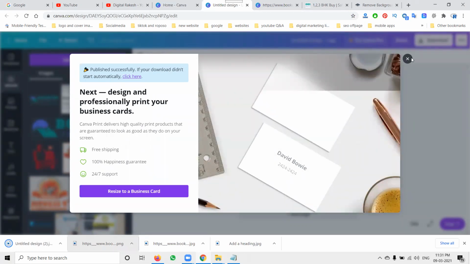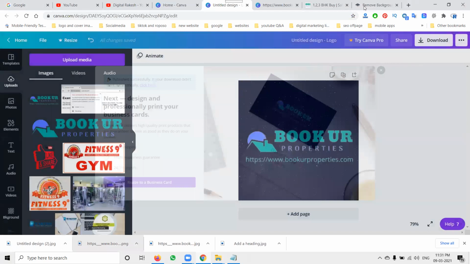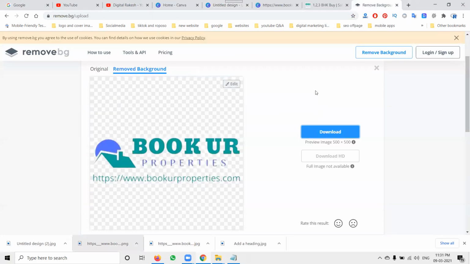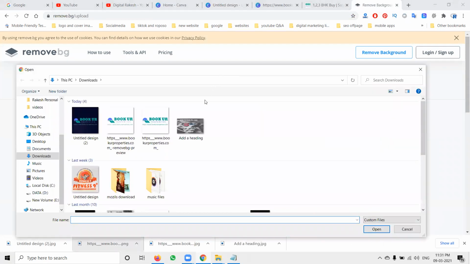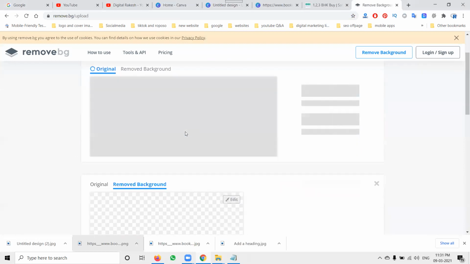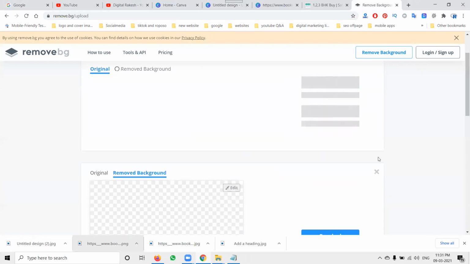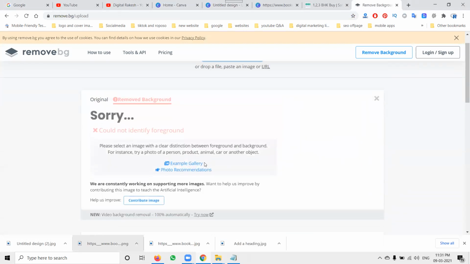Not only one logo, any logo can be converted from JPG to PNG format. Just upload the image, any particular image, and you can translate JPG to PNG images. That depends on your particular things. If an image is not suitable, it can't remove your background.